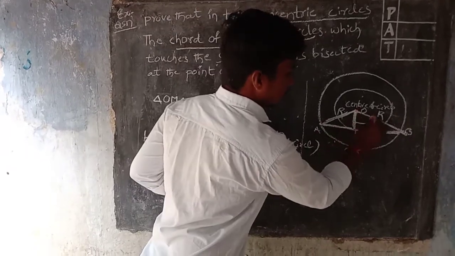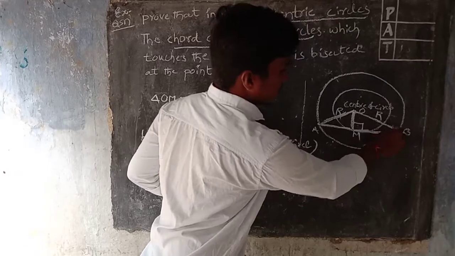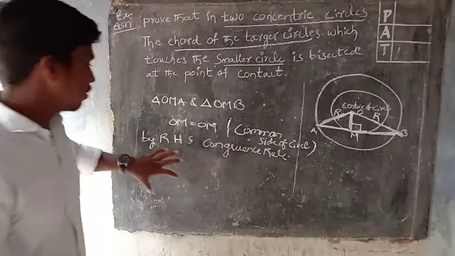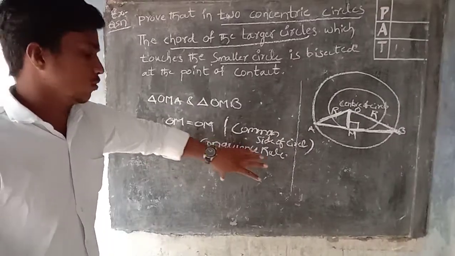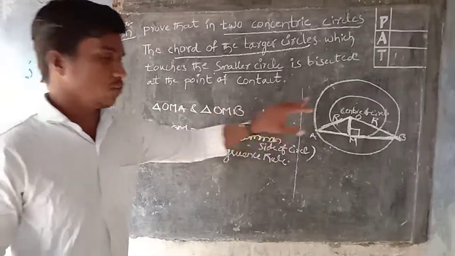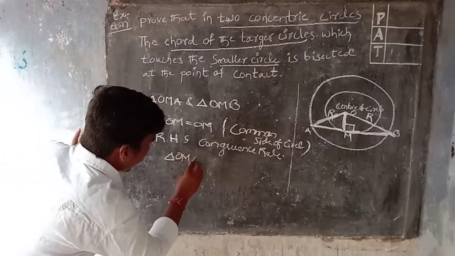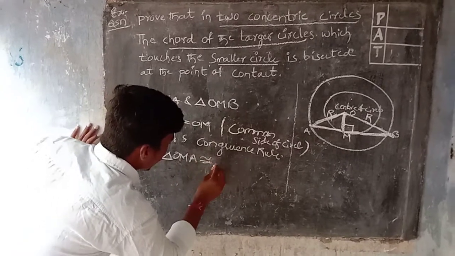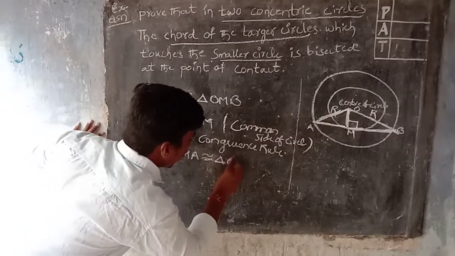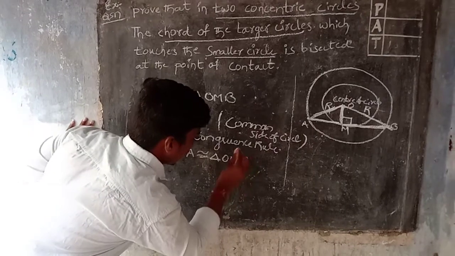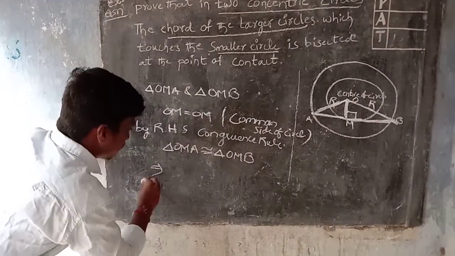Here also this is the hypotenuse, this is the adjacent side and this is the opposite side. That's why I am using the right hand side congruence rule. By this rule, triangle OMA is congruent to triangle OMB, and this gives